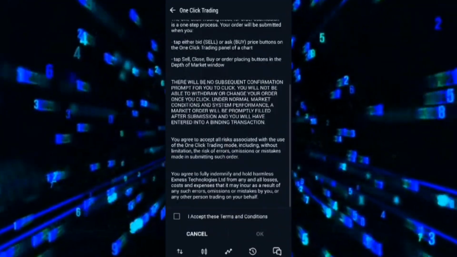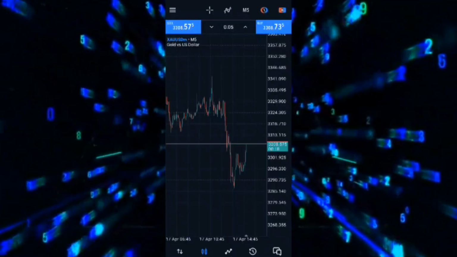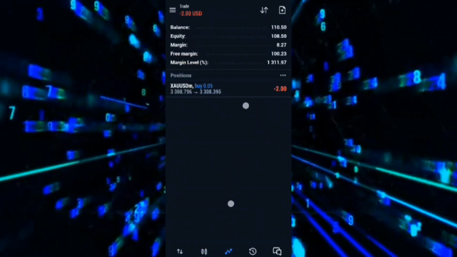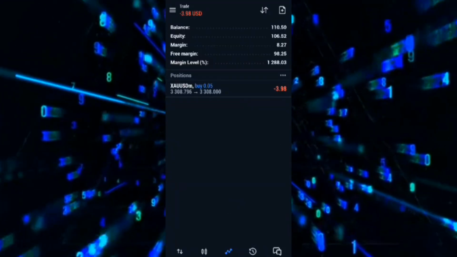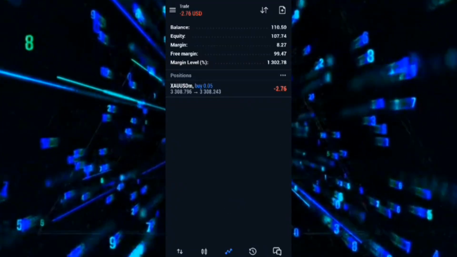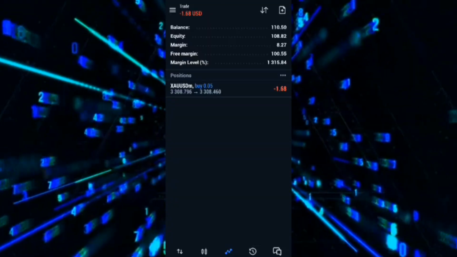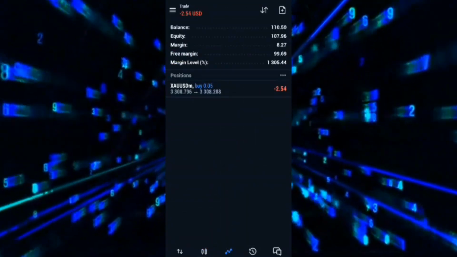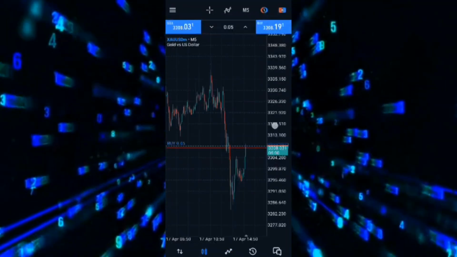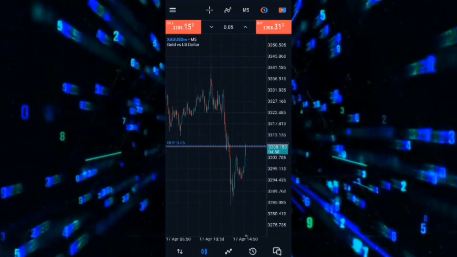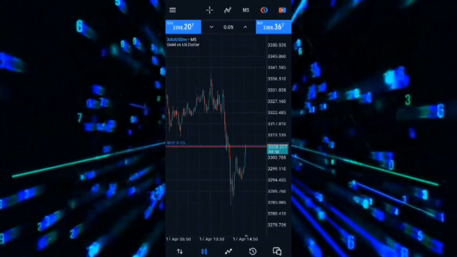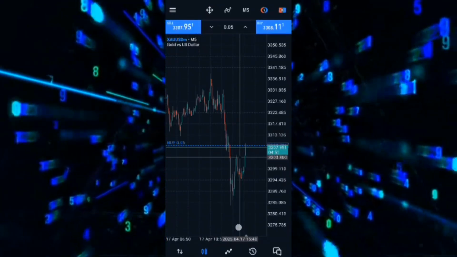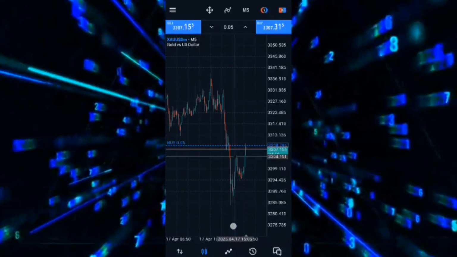So for the first time, you have to click this terms and conditions, and then again click on buy, and here my trade is executed. Now I will teach you how you can apply SL and TP. So there are two simple methods. First of all, manually. So first of all, you have to see where you want to keep your SL. So if I want to keep my SL here below this level,